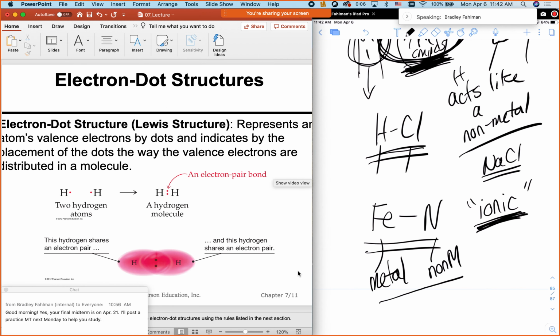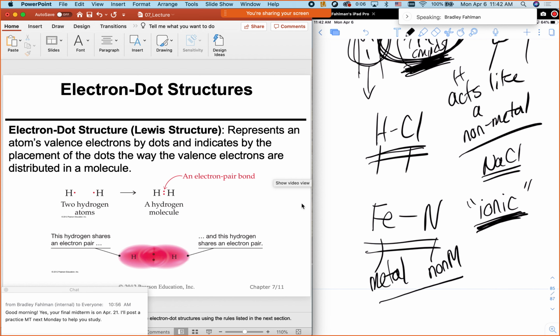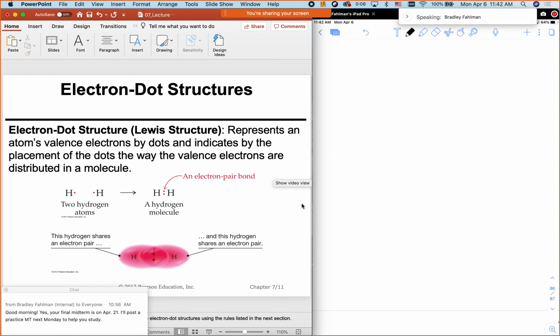So let's talk about, I guess, we're just going to set this up today, and then tomorrow we're going to go hardcore on this. Electron dot or Lewis structures. And so this is now really indicating how many electrons are involved in bonding. Okay, so Lewis structures